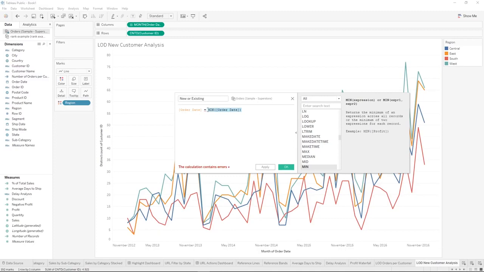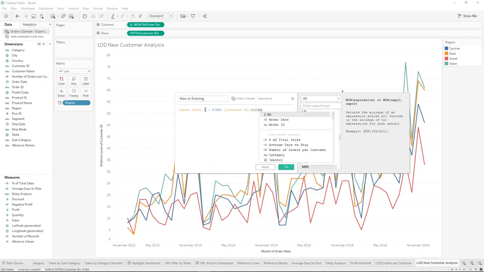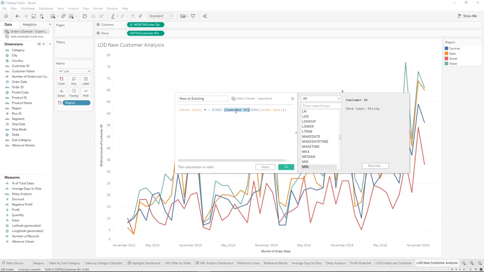So we're going to use our level of detail calculation again, and we're going to make this fixed per customer ID, and then we'll do our min order date. So now, instead of trying to return something different based on the visualization, it will always return the min for each customer ID. So if the order date on the visualization is equal to this order date,